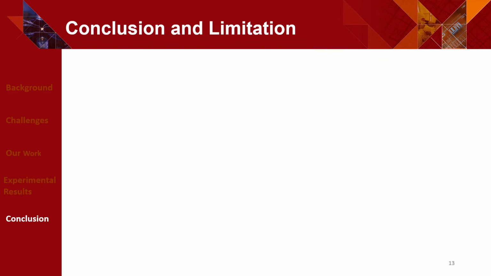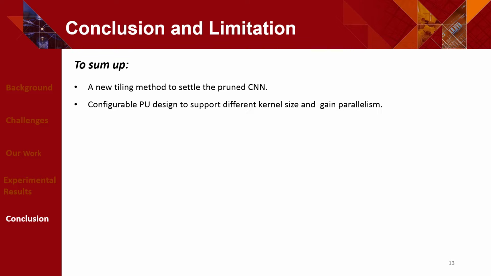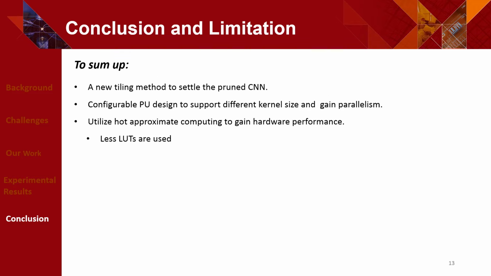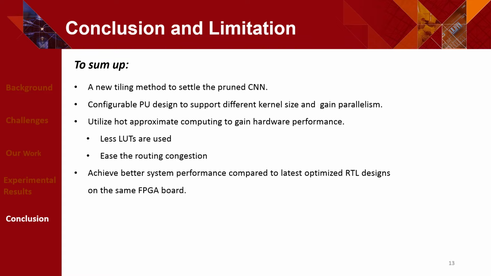Last but not least, for the conclusion: in this work we propose a new tiny method to prune the neural network, and afterward we also introduce a configurable PU design to support different kernel sizes and gain parallelism during computation. And we also try to solve the INQ shifter problem with a cheaper lookup table based shifter designed by approximate computing, so fewer lookup tables can be used, which means the routing congestion is a little bit less. Of course, we're also able to achieve better system performance compared to the latest optimized RTL work on the